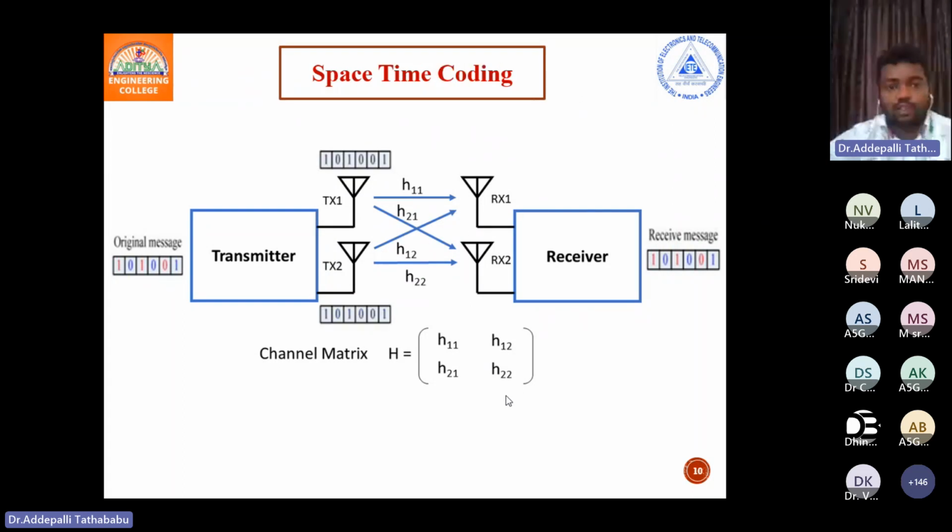Another technique is space-time coding. This is the original message, the same information 101001, that is given to the transmitting antennas. That means the same information is given to all the antennas of the transmitting section, which send to the receiving side. So transmitting antenna 1 sends to 1 and 2 of the receiver side, and 2 sends to 1 and 2 of the receiver side. So if any one of the links is disconnected due to fading in the multipath environment, definitely one of the signals is received by the receiving antenna. Some signal processing takes place here, then finally we can definitely receive the original message because